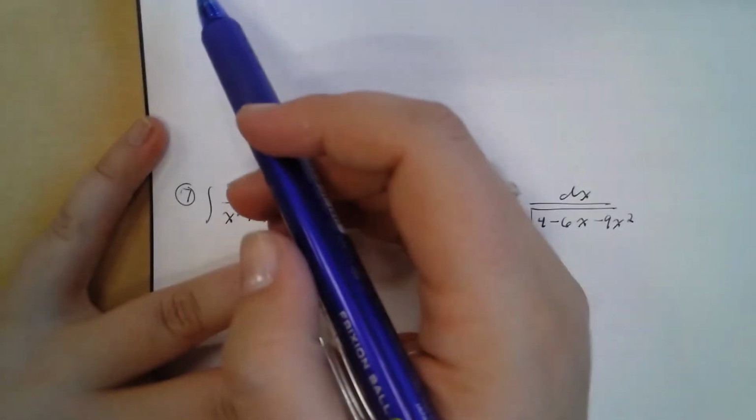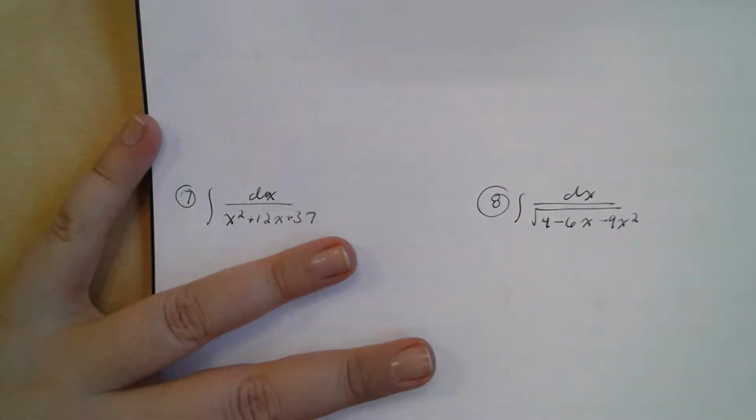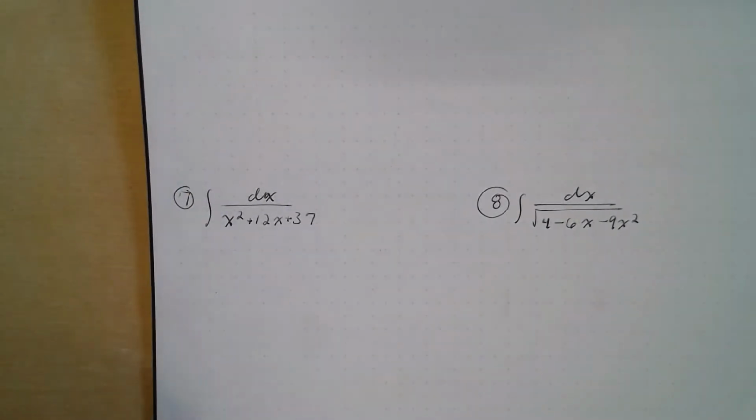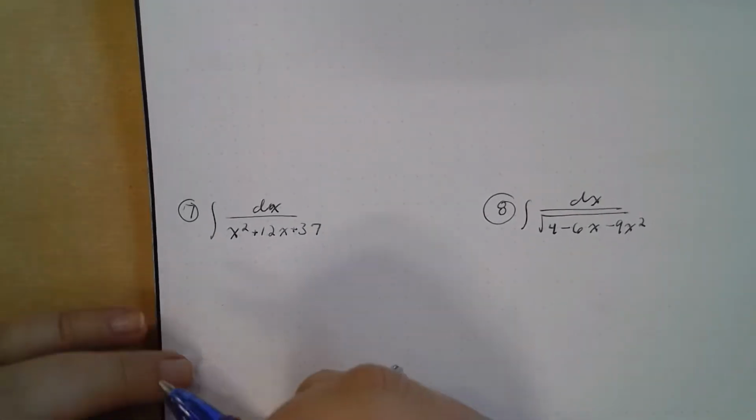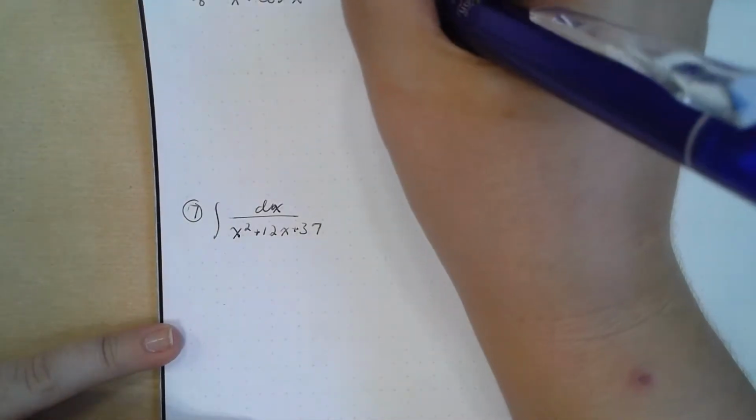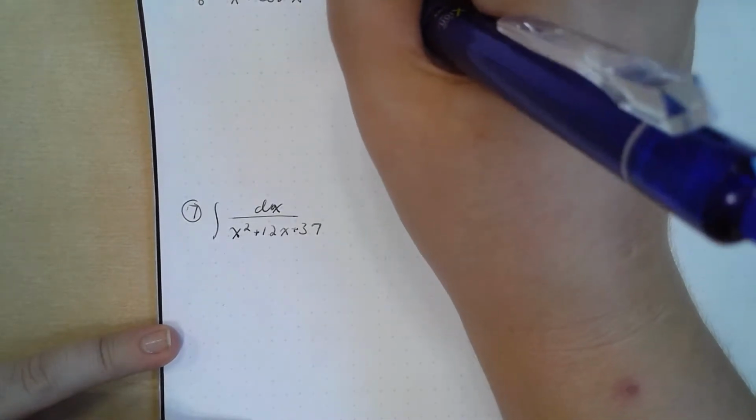0 to pi over 2. Well, look at this. Now we're actually dealing with a definite integral. We have 0 to pi over 2 of 1 minus sine x over x plus cosine x. What do you think u should be? I think u should be x plus cosine x, which is going to conveniently give us a derivative of 1